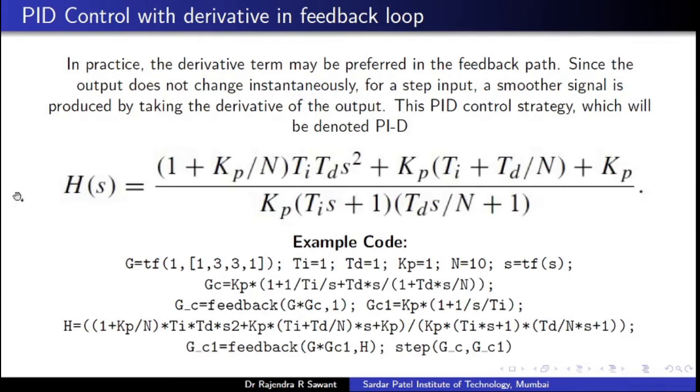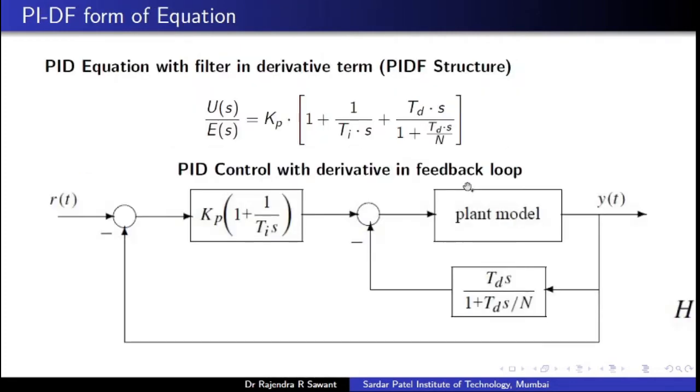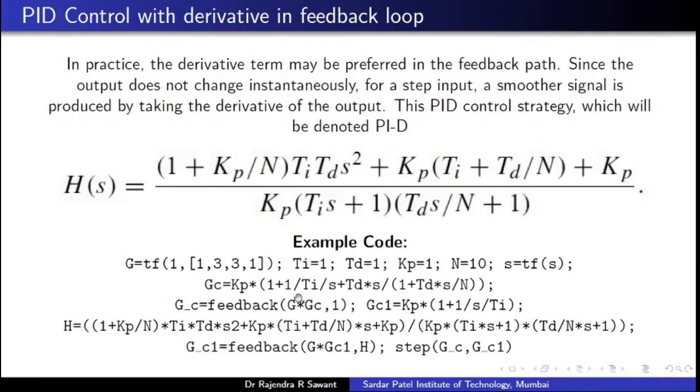So this is basically a feedback, but now the feedback is not unity feedback. H(s) is basically a feedback gain, so the feedback gain is modified now. Earlier it was unity gain. The feedback gain is this expression, which is solved from this block. We got this expression, and we wrote a simple example code to verify this strategy, with the transfer function, TI, KP. We'll see it in the MATLAB session.